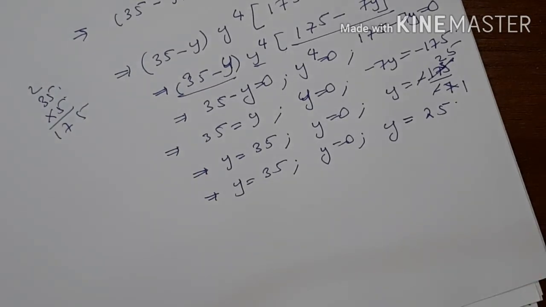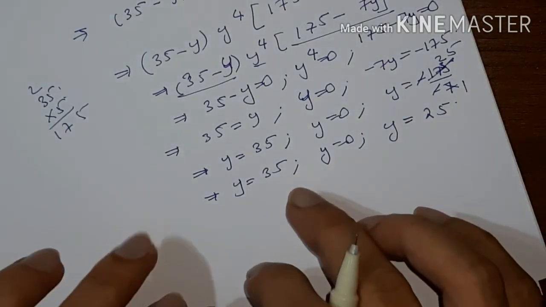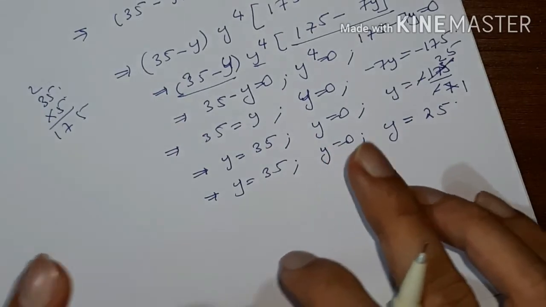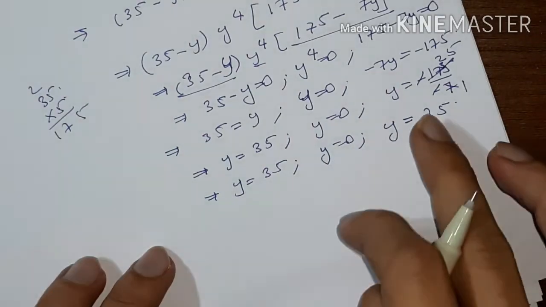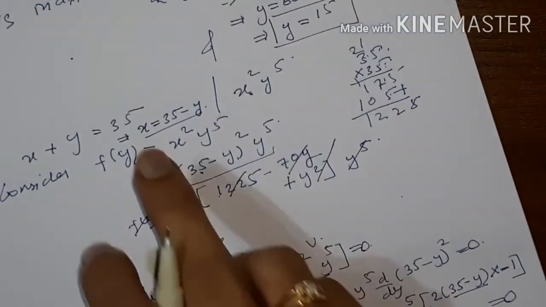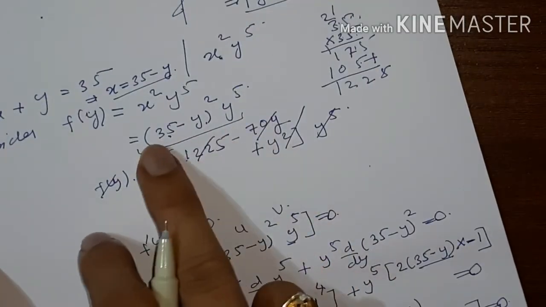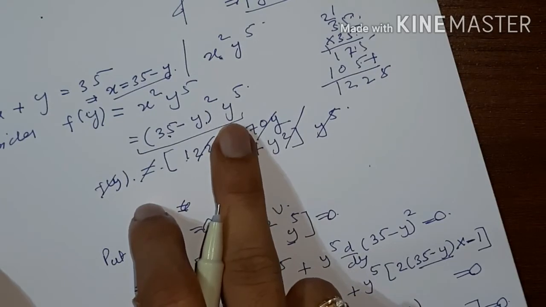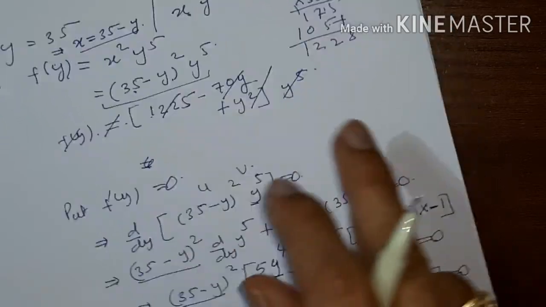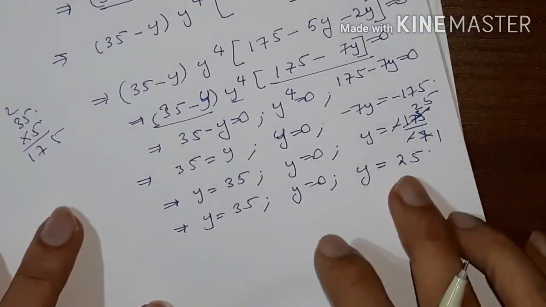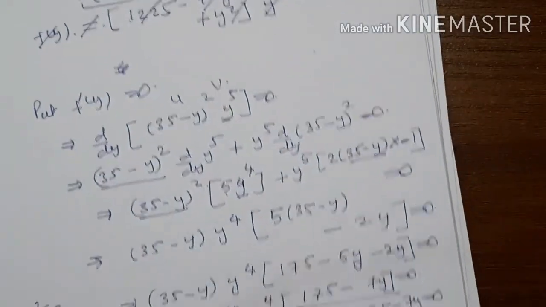Now see these 3 values you have, okay. Will you take the double derivative of the function and check the local maxima, local minima? No. Why? Because these are too difficult to calculate. The function is x square y raised to 5, or if you look at this y function, (35 − y) the whole square multiplied by y raised to 5, and the numbers you have are 35, 25. So if you try to calculate, it will be too difficult, it will take a lot of time.